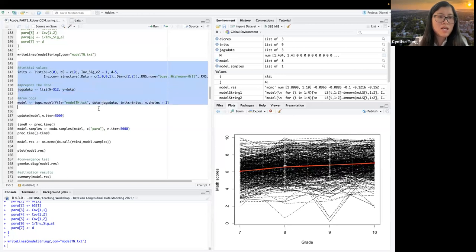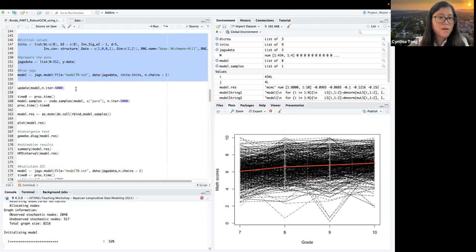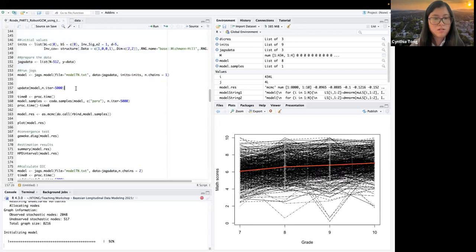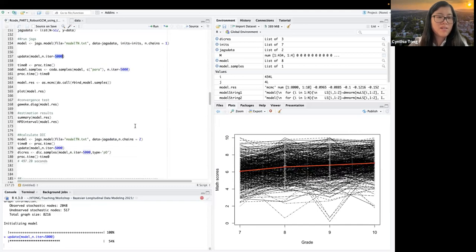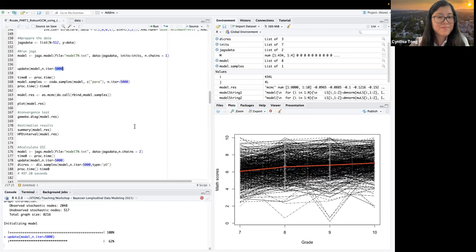And we prepare our data, run JAGS, okay, and we update our model for 5,000 times. I'm using 5,000 just because it takes longer than if we just use a normal distribution. And when the model is getting more complex, it could take even longer, okay?